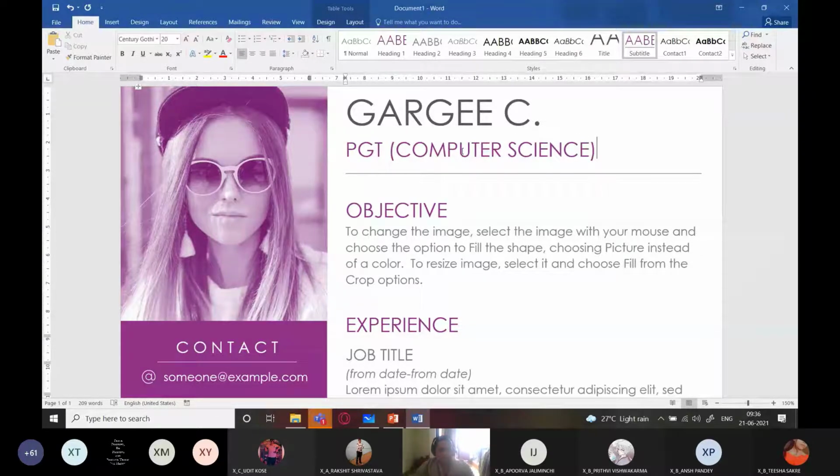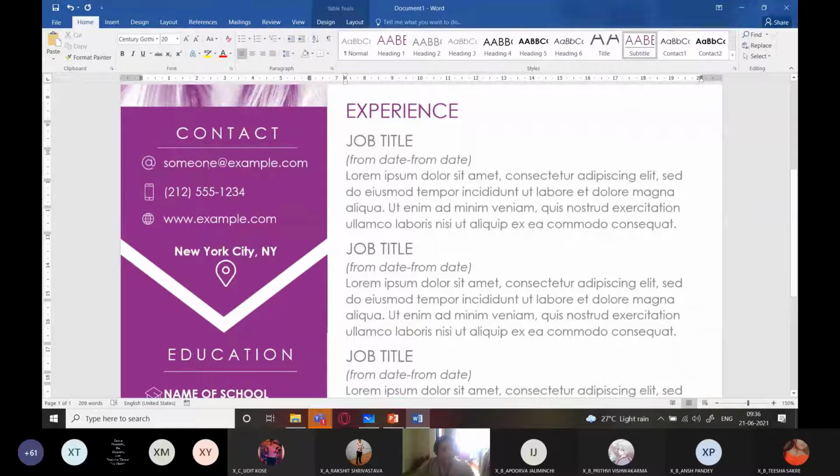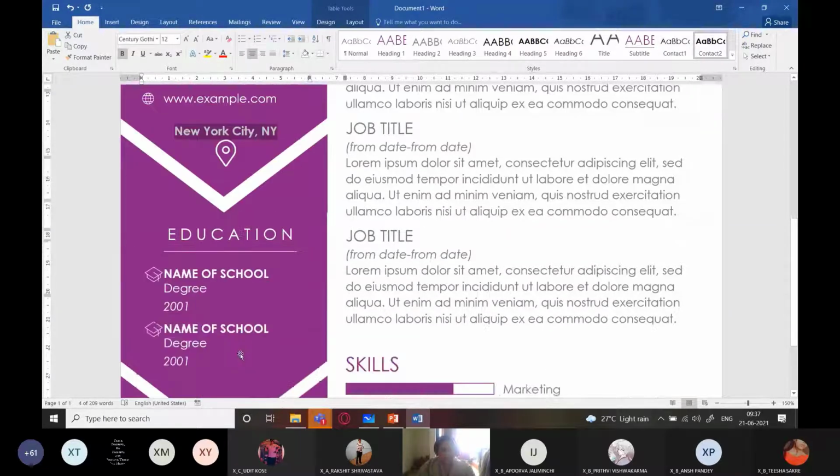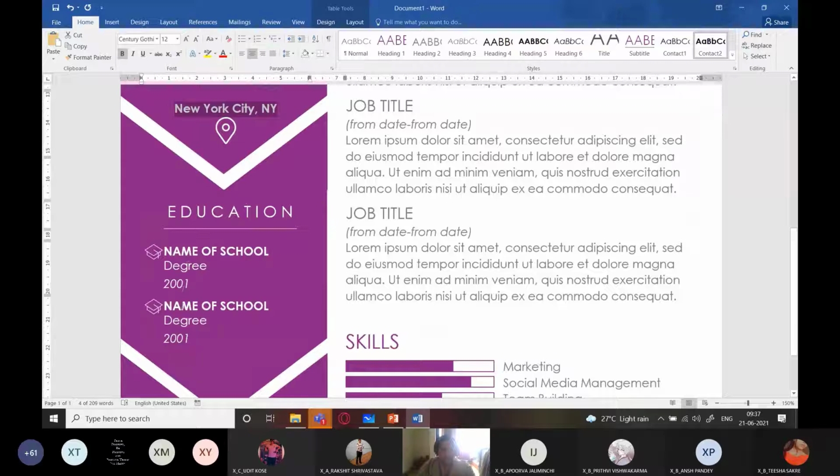So I just made changes over here and I can change my contact information. This is my email address. So this is my email address and I can make changes in my phone number also. Okay, and if I have any website, I can type it, the name of the city I can change. Okay, I can change my education, when, from which